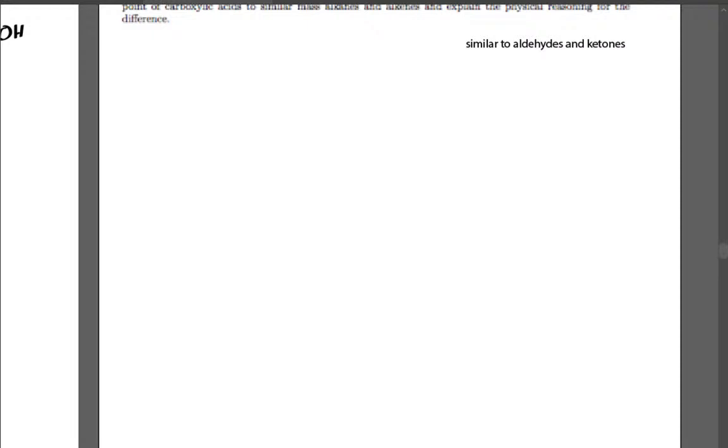Calculate the degree of polymerization for a low density polyethylene with a molecular weight of 20,000 AMU, a high density polyethylene of 10,000 AMU, and then an ultra dense with 4 million AMU. So basically, to calculate such things, let me just write that down. Calculate the degree of polymerization